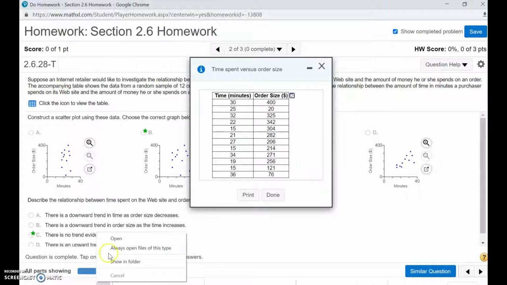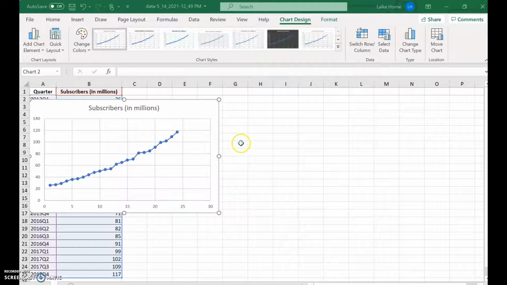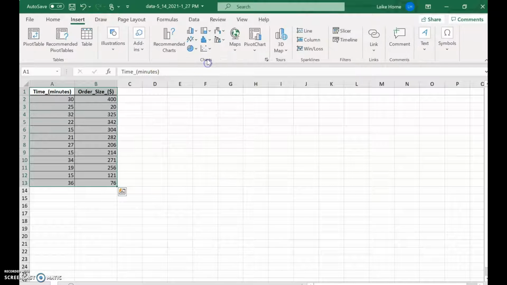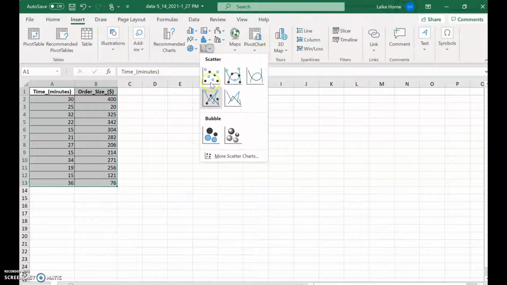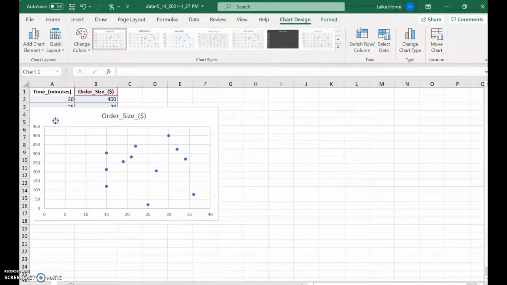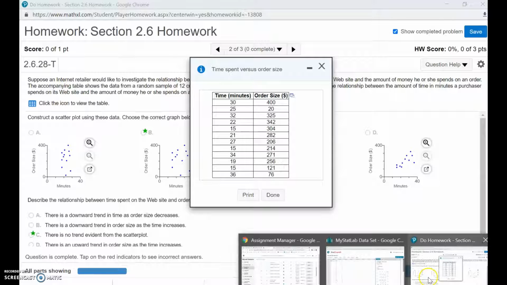You're going to highlight it and click on Insert and then Scatter Plot. And then here's your scatter plot, and then you want to compare that to your answer choices,